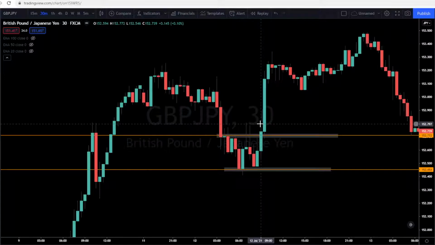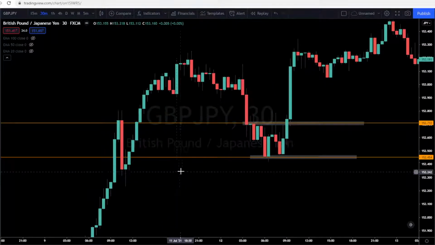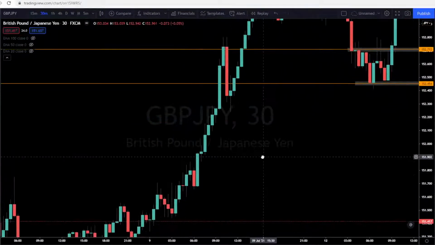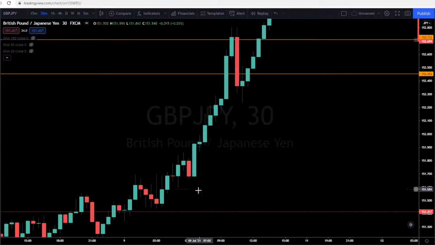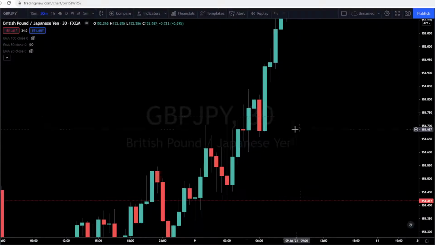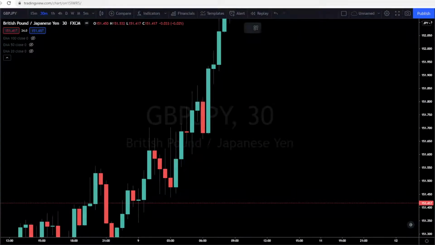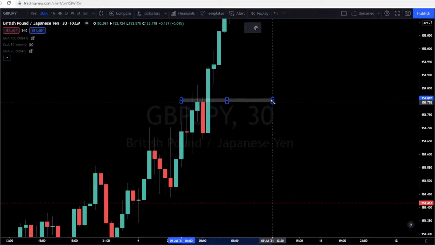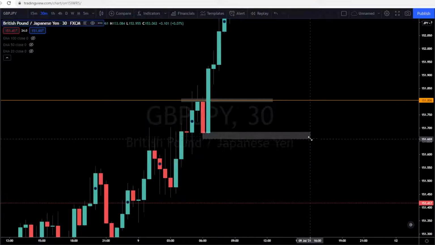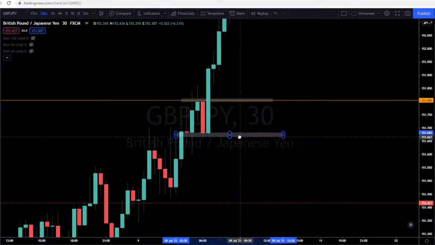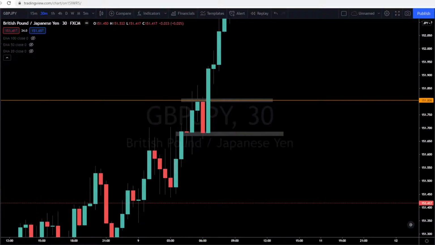So, third thing we're going to talk about is candle highs and lows, and this is probably the most common form of it. For example, we're going to use this example right here. We have a little resistance formed up here, very minor resistance on a 30-minute time frame at 151,800, and we have our most recent support level. I'm actually going to extend this a little bit more to the left because it did bounce off this level twice. Down here at